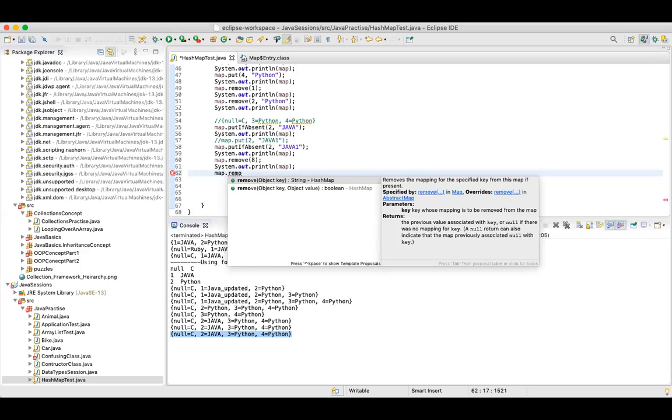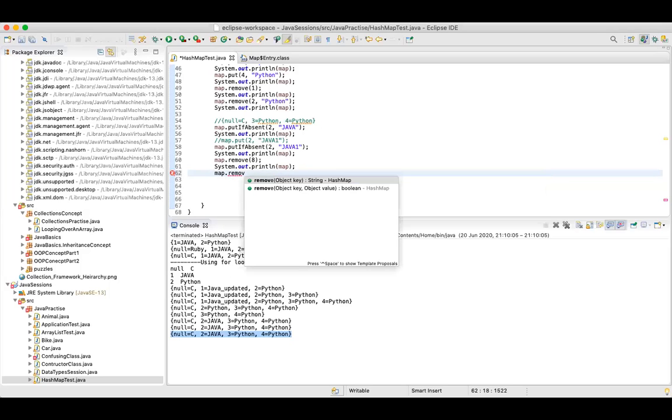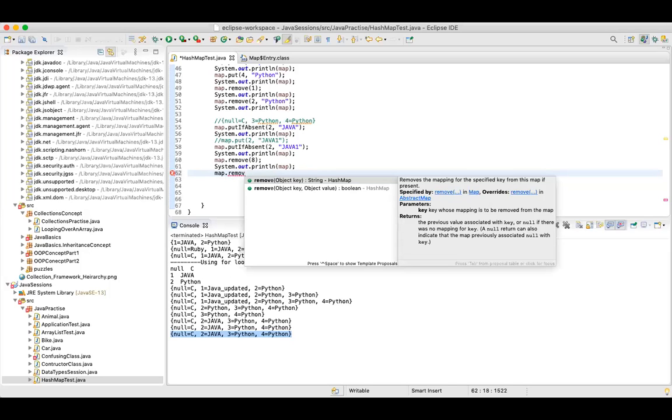The remove method expects an object key, or you can specify key comma value. So either you specify the key, or you specify the key and value.